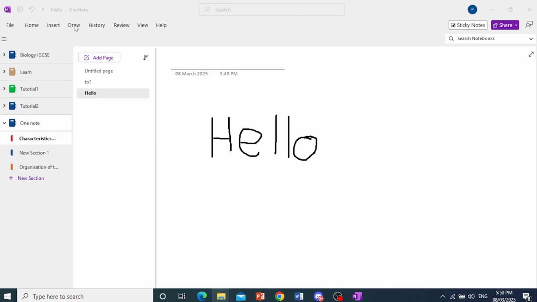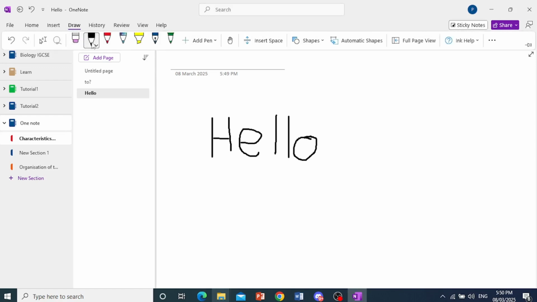So let's say you went ahead and used one of these draw features here to write with. For example, we have different pen colors, right? We have the highlighter, we have a fountain pen, many different options, right? So all you need to do is, once you have written using your hand, maybe use the pen tool on a tablet, right? If you want to convert this to text, really easy and simple,